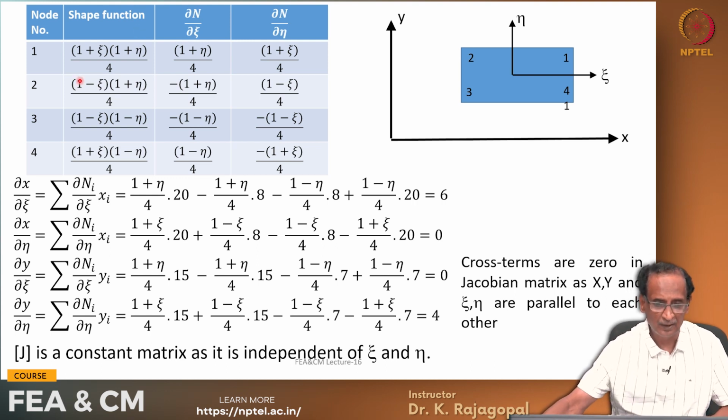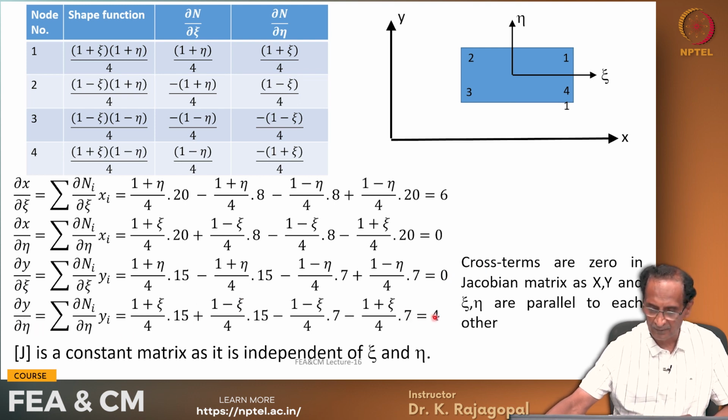So, these are the 4 shape functions, and these are the derivatives of the shape functions with respect to xi and eta, and ∂x/∂xi is the summation of ∂N/∂xi times x, and if you substitute the ∂N/∂xi and then the different coordinate values, we will see that ∂x/∂xi is 6 and it is constant, it is not varying with xi, and ∂x/∂eta we will see that it is 0, and ∂y/∂xi is also 0, and